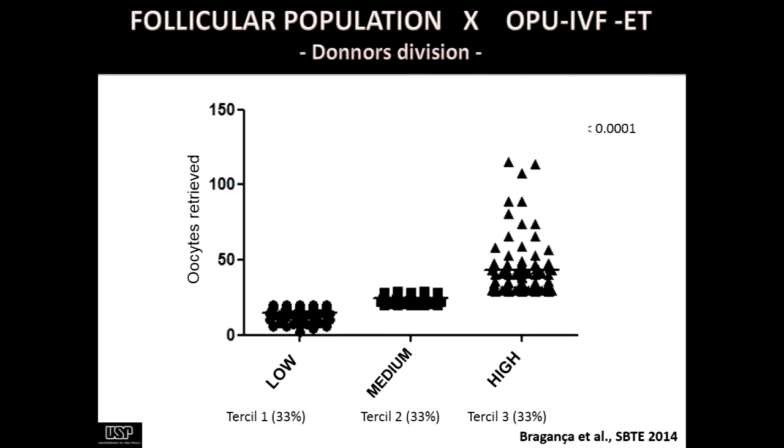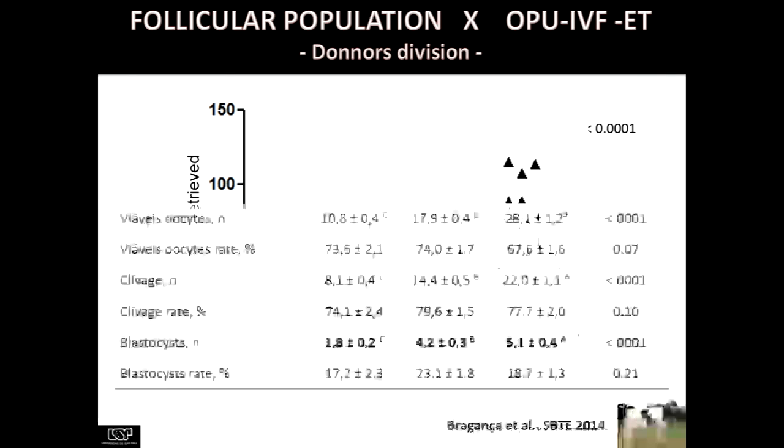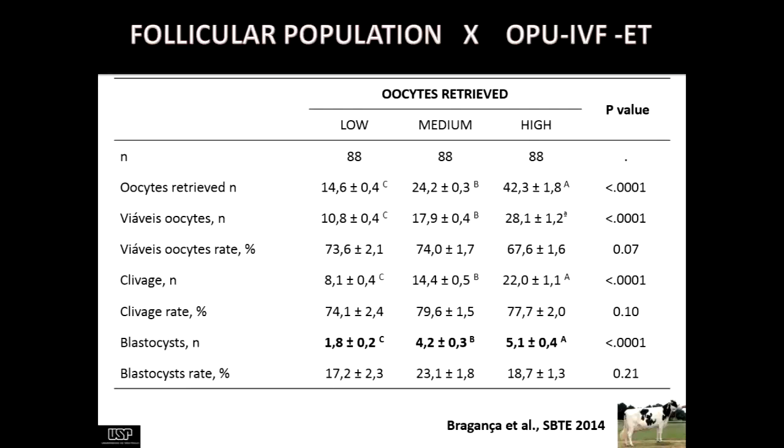And look here, we divided these donors. Here we are talking about around 300 OPU, 300 donors. We divided them into low oocyte recovery, medium, and high oocyte recovery. And look here at the data. So 14 follicles, 25, or 14.2. And you can see